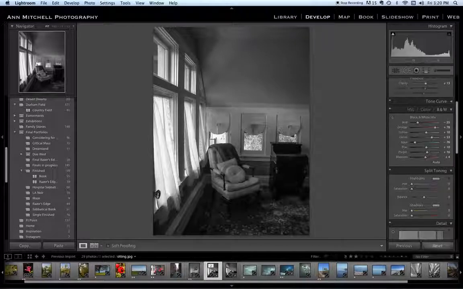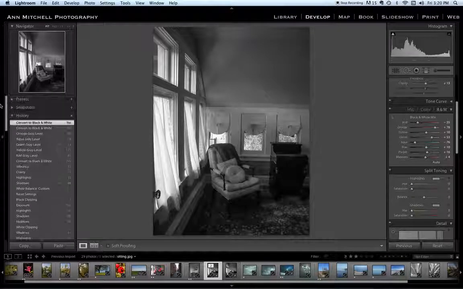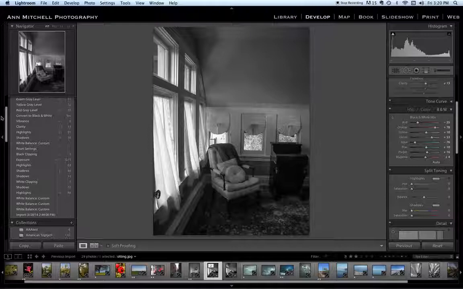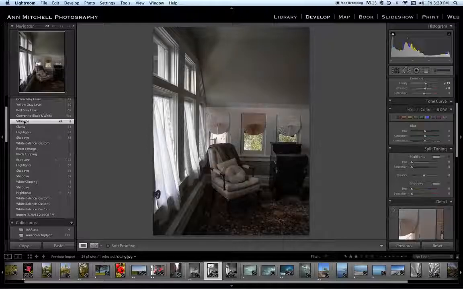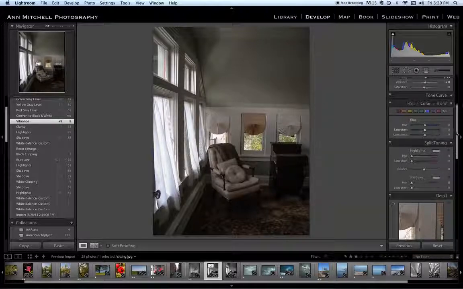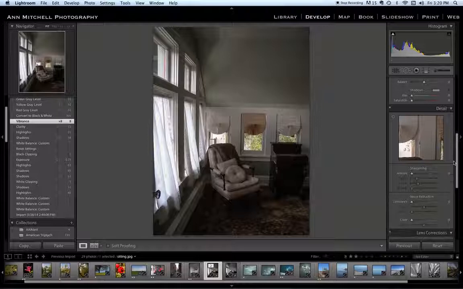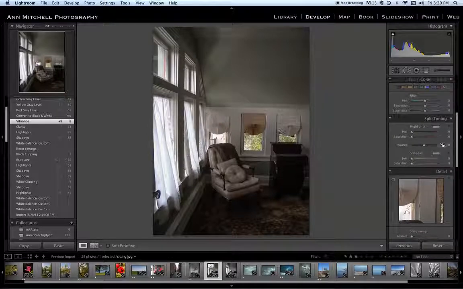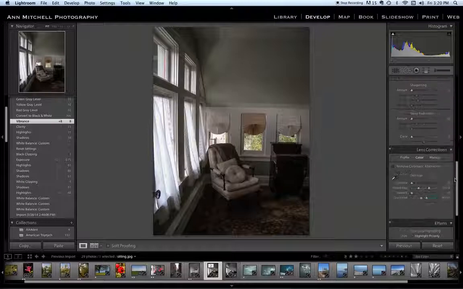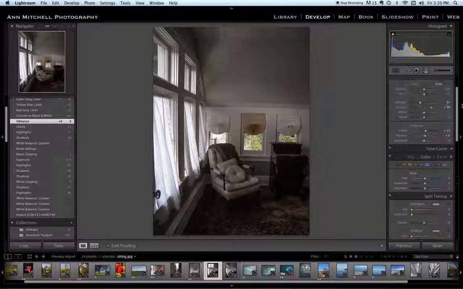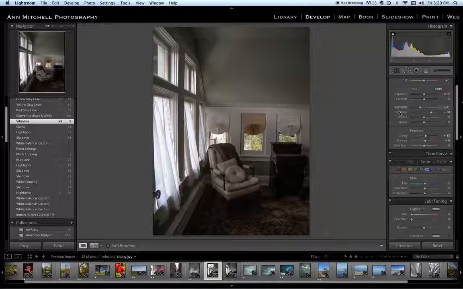I'm going back to the original, and I'm going back to my history, and I am going to go back to before I did the black and white conversion. Now, there's a couple of lens issues that you want to deal with, and I'll look at those in the next video. But that's the basics of working with color correction and some moderate amount of lightening or darkening.